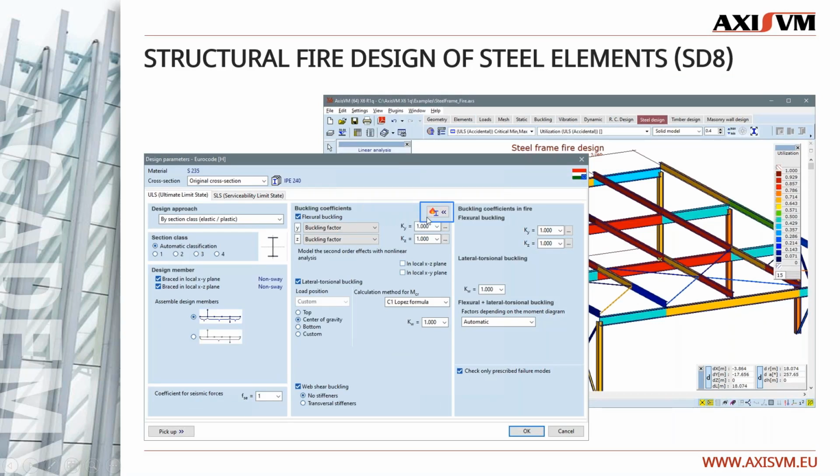The structural fire design of steel elements can be performed in AxisVM like conventional design. We select the element, we set the parameters, and we set the load combination, and AxisVM gives us the results. The important thing in case of steel fire design is to go to the design parameters window and enable fire design of the element. This can be done by clicking this button here in the window,